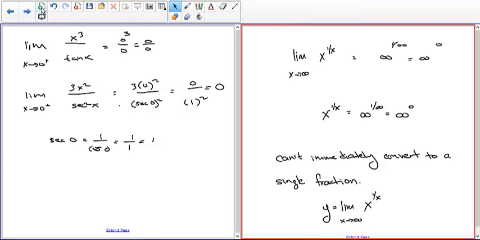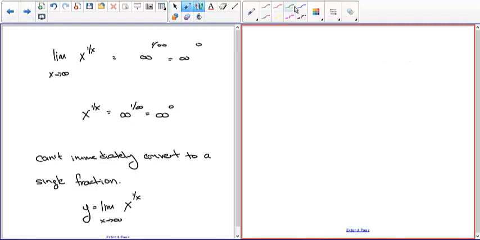So let me add a page here. Let's say y equals the limit as x approaches infinity. It's not the y coordinate, it's just a y variable. So if you take the natural log of y and the natural log of the limit as x approaches infinity of x to the 1 over x power, we can take that inside the limit. So it's a limit as x approaches infinity of